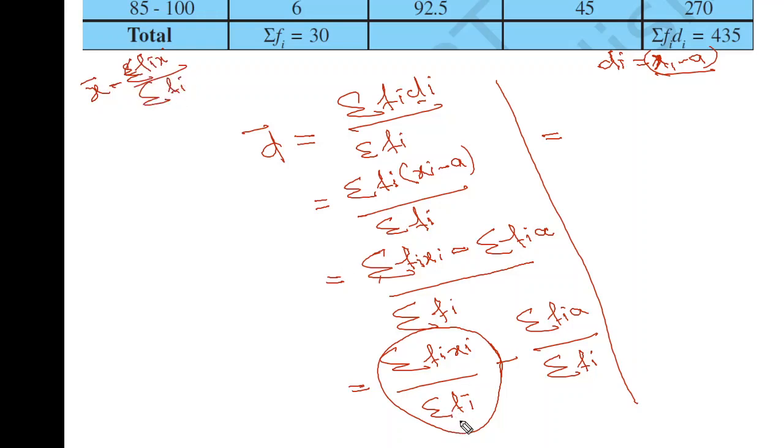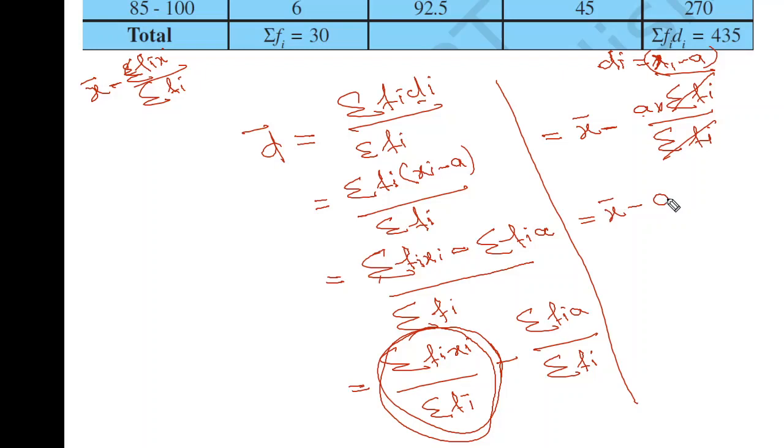So in place of this you can write x bar minus, here you can see sigma fi into a, so a can be extracted out, a into sigma fi, divided by sigma fi in the denominator. Now you can cancel sigma fi and sigma fi. Who remains? A remains,